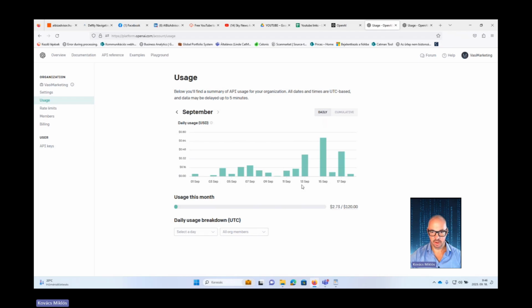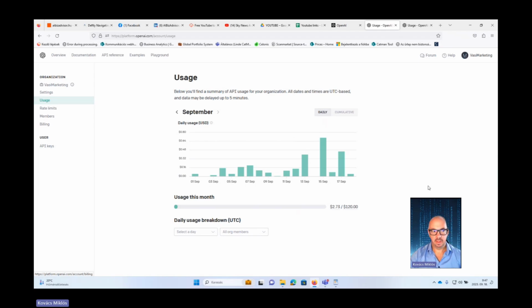I would say for an average user, for some workflows, it's just a few dollars. As you can see, I'm already using it for a while. I have created several blog posts and social media posts, and the cost is really low. So I would say for an average user, it's something like a maximum of $10, and then you have used a lot.